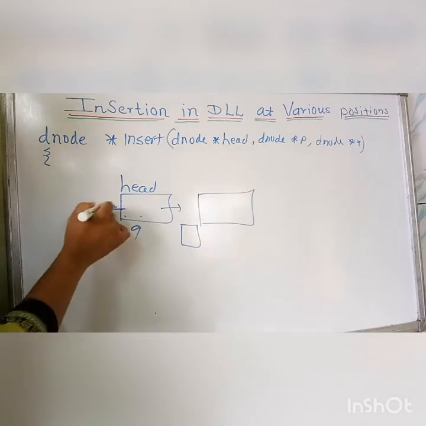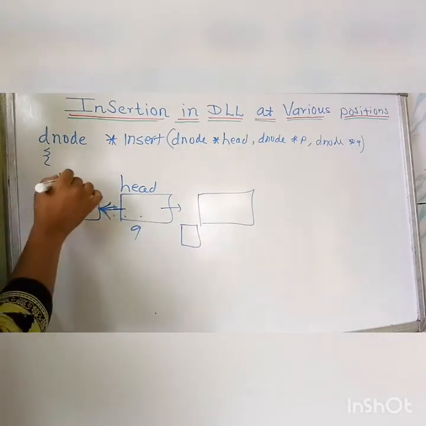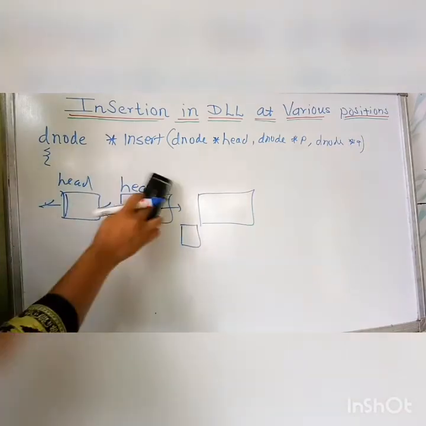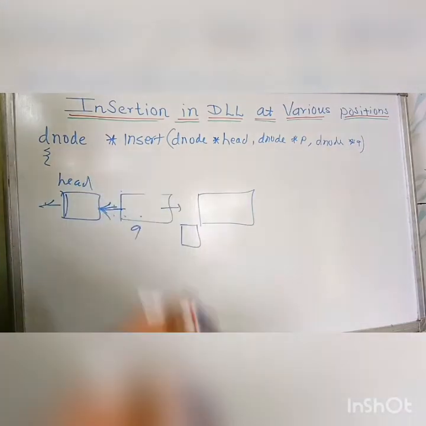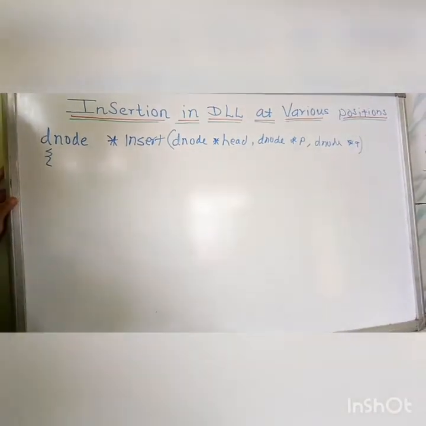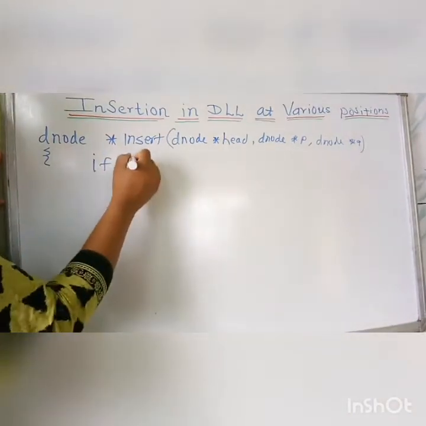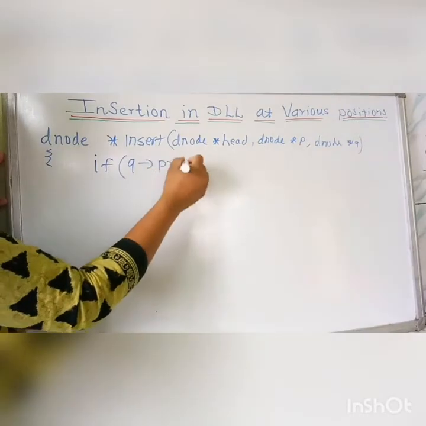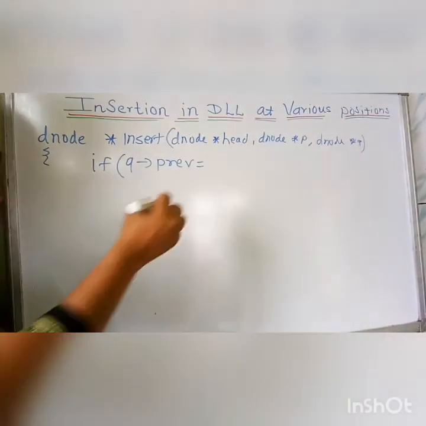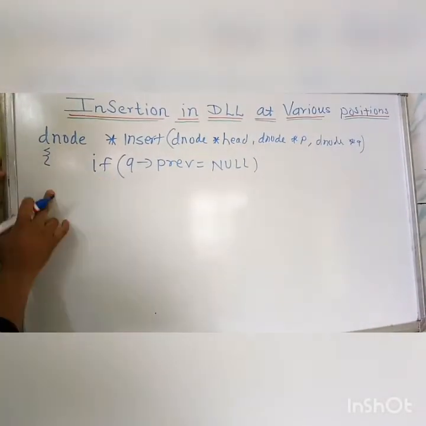If it is not, means Q pointer previous is not null, it will be another position. Means head will be here and it will not be pointing to the head node. So in such case we will apply the next steps. So one by one we will take statements. We will first check the condition: if Q pointer previous equals to null, means Q is at the first position, then